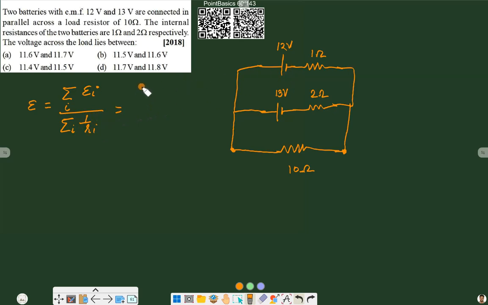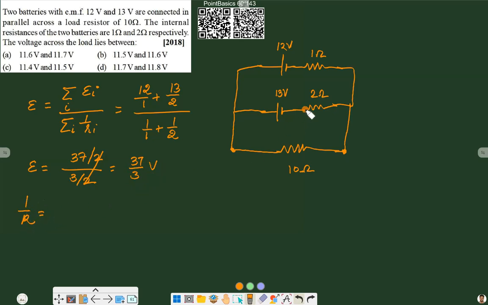So this will be 12 by 1 plus 13 by 2 divided by 1 by 1 plus 1 by 2. So combined EMF will be 12 plus 13 by 2. This is 24 plus 13, so that will give us 37 by 2. And in the denominator we will get 3 by 2. So it will get cancelled. So combined EMF is 37 by 3 volt, and combined resistance 1 by R